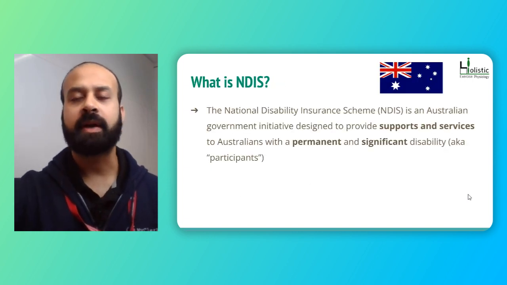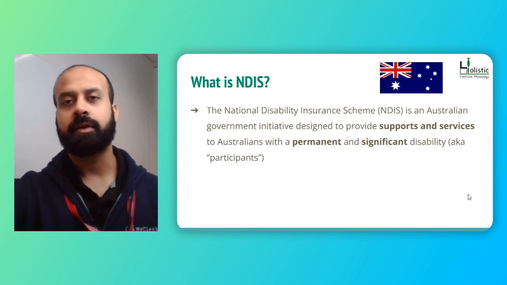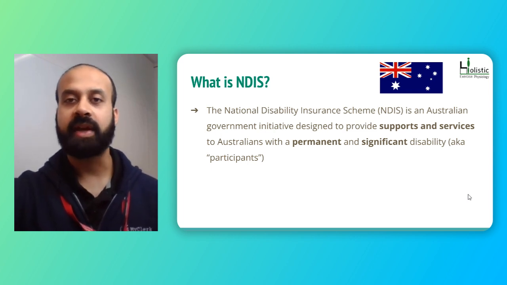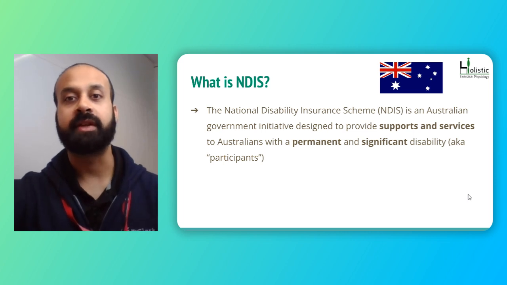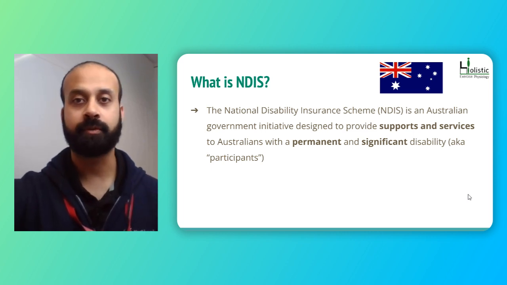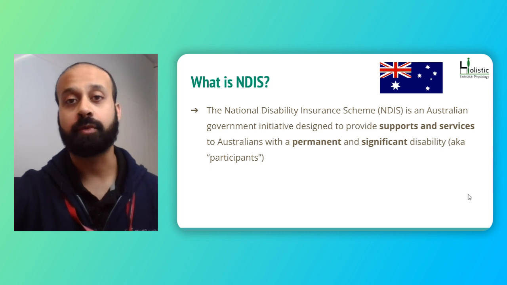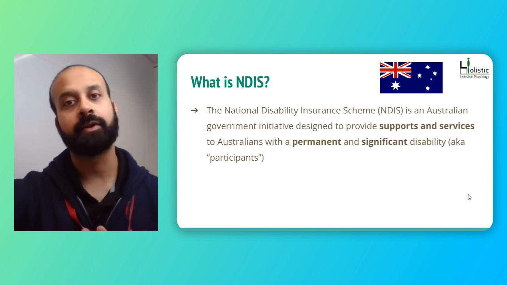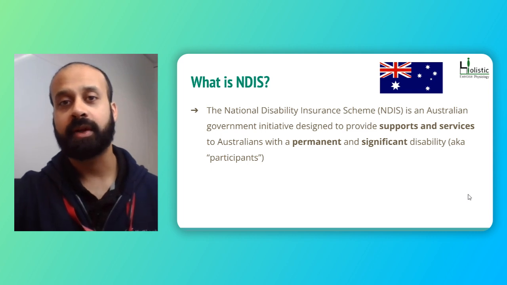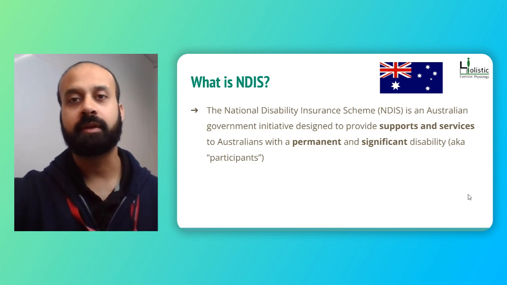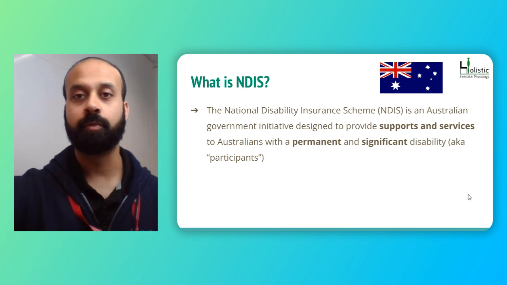So quickly, what does it mean by permanent and significant? Sometimes we have injuries that cause a level of disability. For example, if somebody's just broken a wrist, they can't write with that hand, and they can't do a lot of things with that hand. So it becomes a kind of disability, but it's not permanent, right? The bones will heal and the person will most likely go back to normal function.